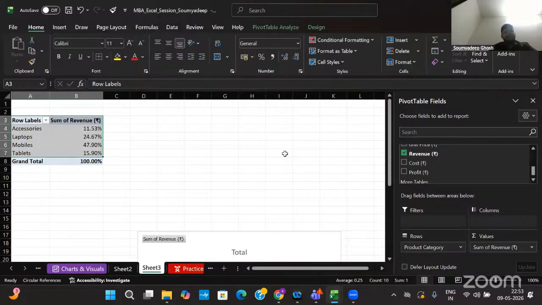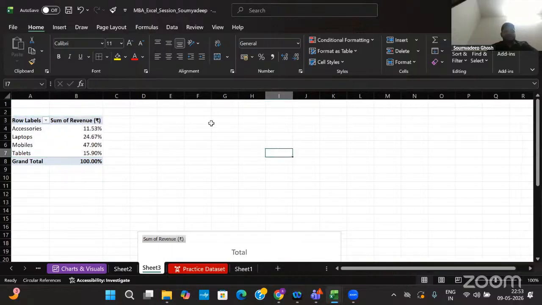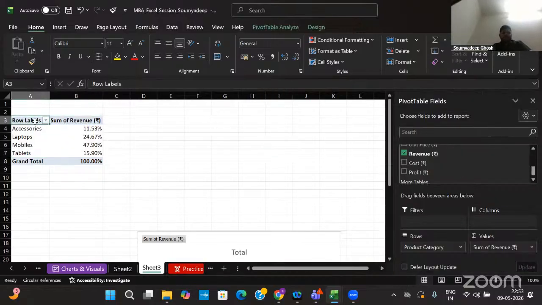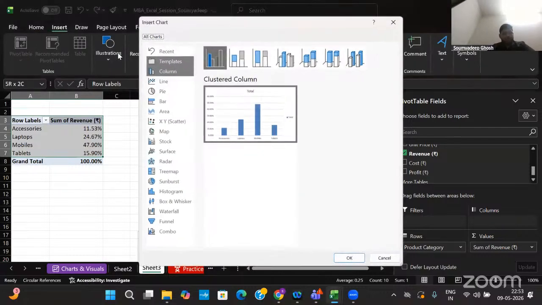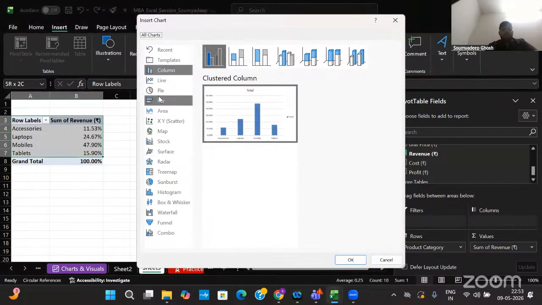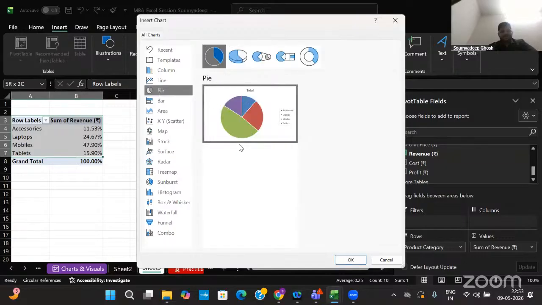Now, in this kind of data where we are showing shares, we always prefer to use a pie chart. So I'll select over here, go to the insert tab, go to the recommended chart section, and add a pie chart.